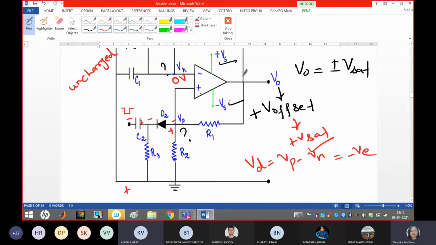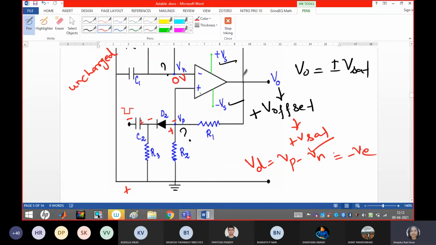Once again I'm just repeating guys. Earlier my Vsat was positive because of the positive offset voltage and high gain. My offset voltage is changed to the saturation voltage of plus Vsat. Now I have applied a negative triggering pulse through this capacitor and diode D2. This diode D2 will generate a negative voltage at Vp, and this negative voltage will make Vp become more and more negative. I am just explaining this point and I am asking whether you got this concept or not. Okay, if you reply then only I will proceed now guys.